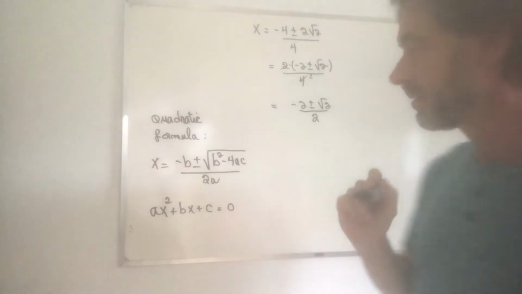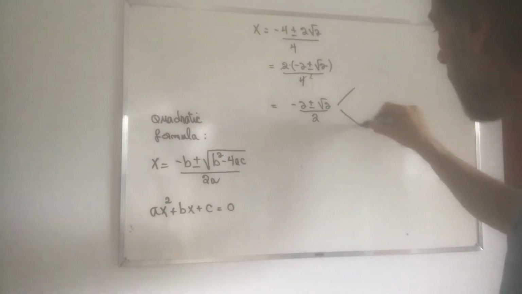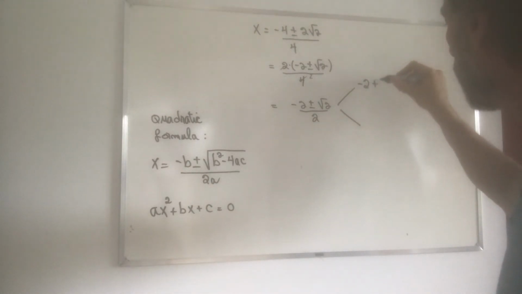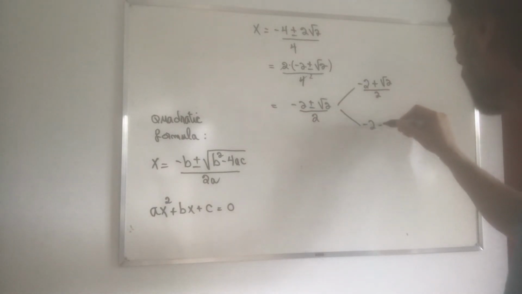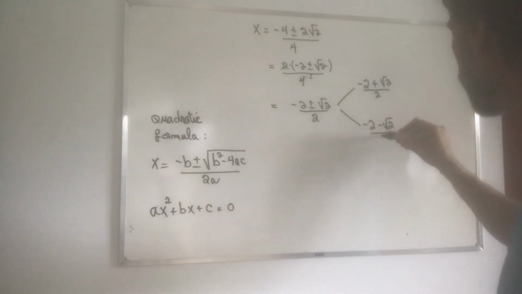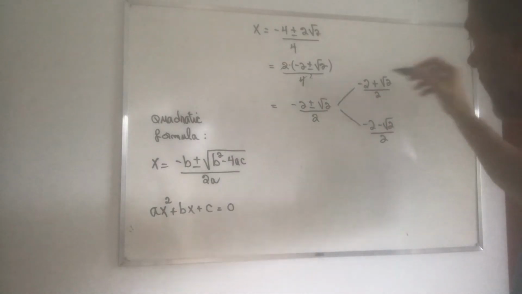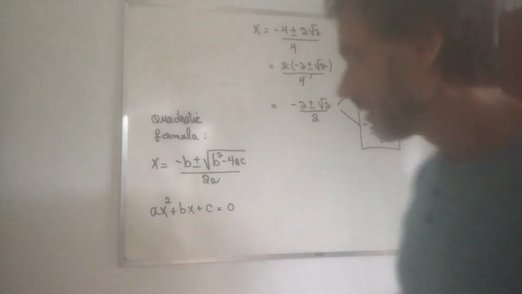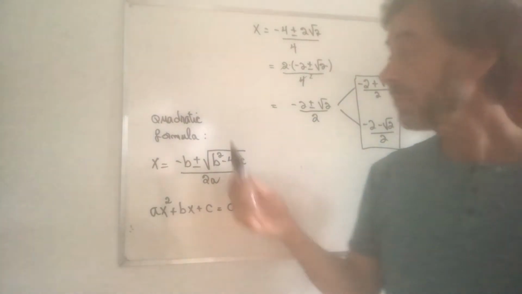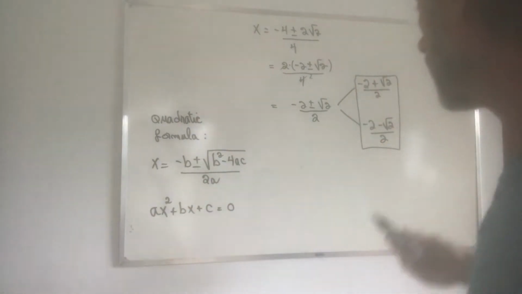That is to say that the two answers are one with a plus and the other one with a minus. These are my two answers for this problem that I could not have obtained without the quadratic formula,